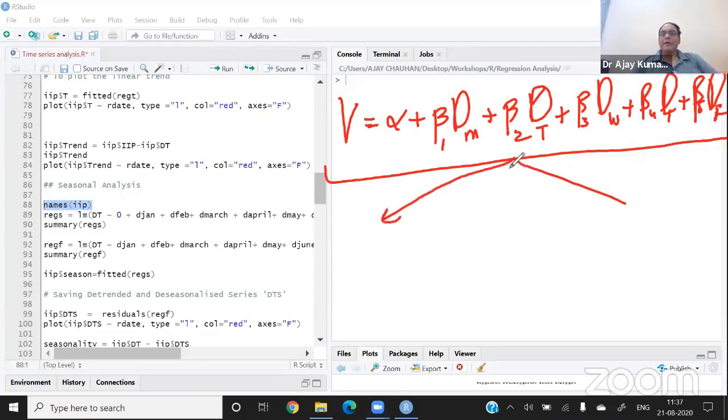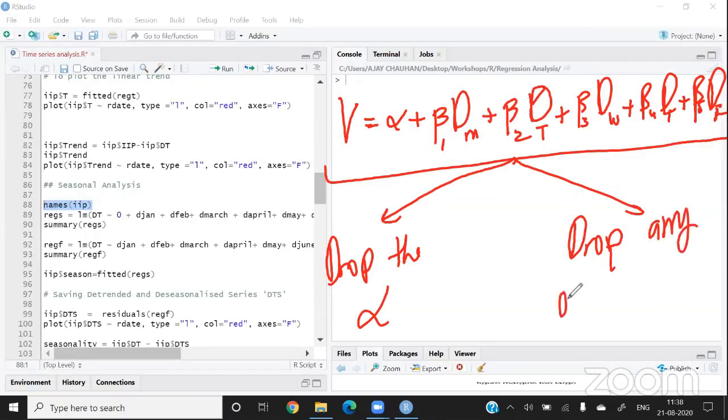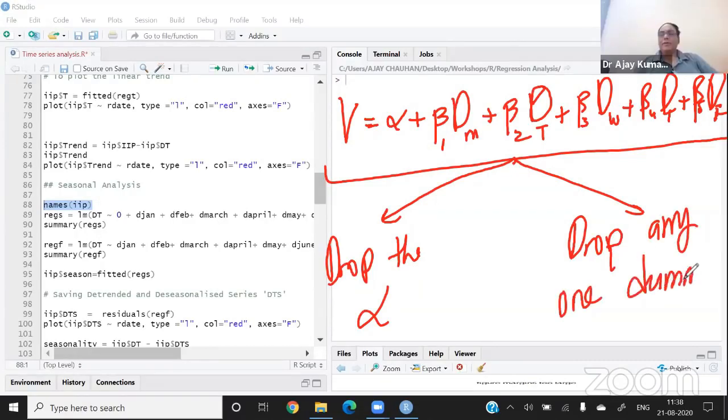Either I drop the alpha, or I drop any one dummy. So in econometrics, we have only two options for running the dummy regression model. Listen carefully to what happens if I drop the alpha and if I drop a dummy.